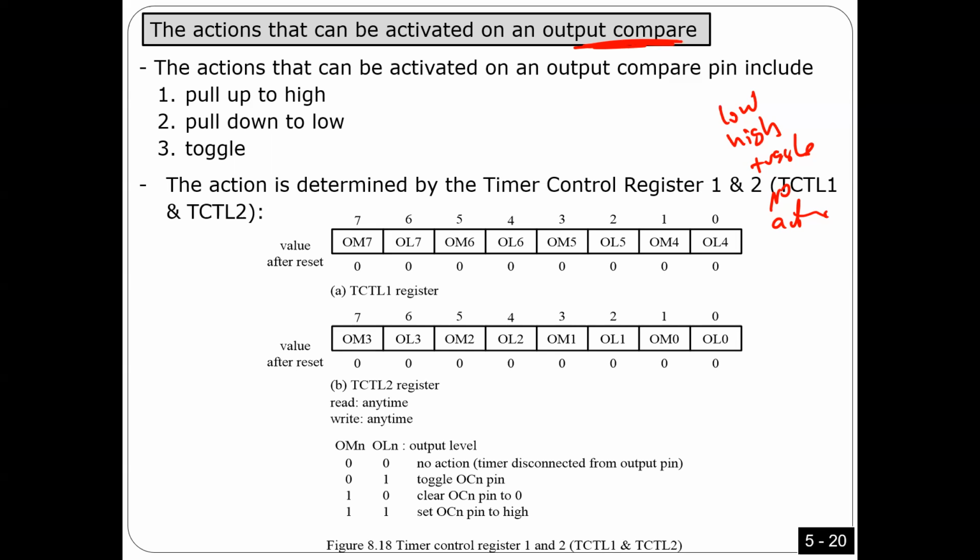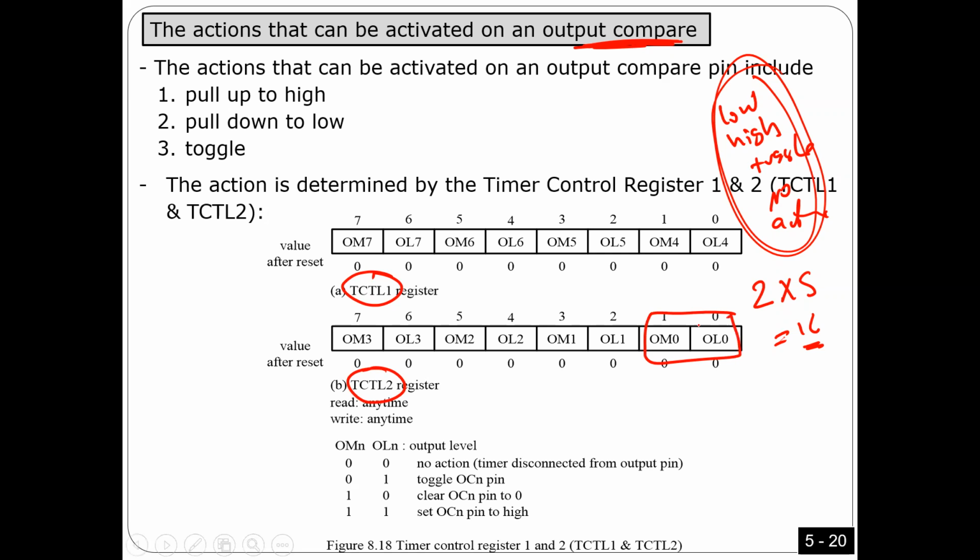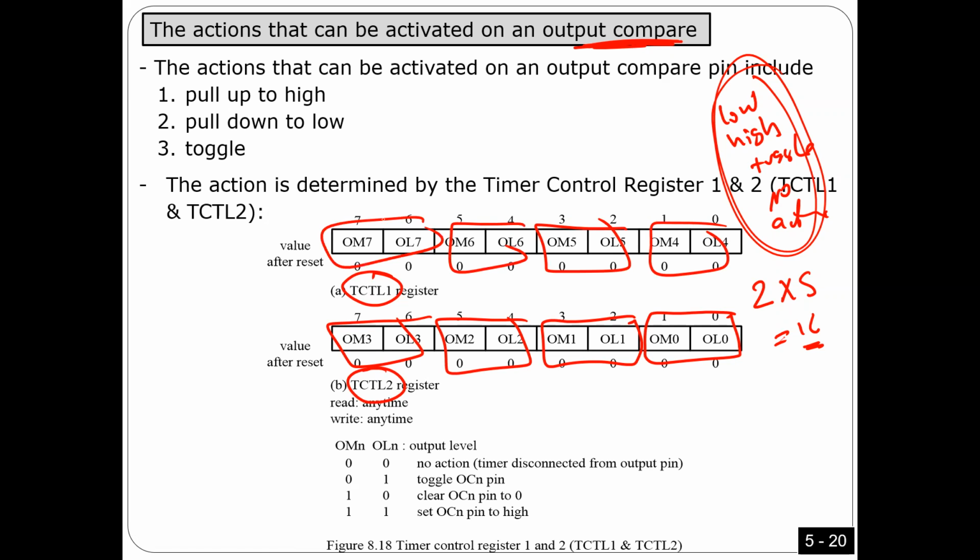So now, same idea. We have 4 selections. That means I need 2 bits. The same idea, I need 2 bits, right? So here, in order to select one of the 4, that means I need 2 bits times 8 channels, so I need 16 bits, okay? So now I'm gonna use 2 registers, as you see here. This is 1 register, this is another register. As you see here, guys, these 2 bits are for channel 0, 2 bits for channel 1, channel 2, channel 3, 4, 5, 6, 7, okay, guys? So 2 bits for every channel, and it's very simple.